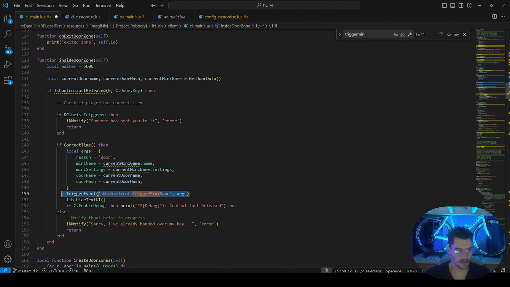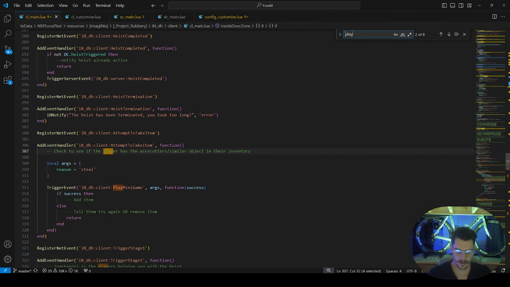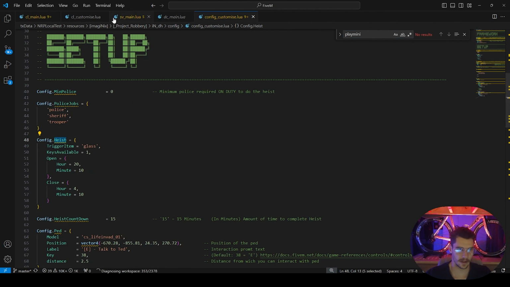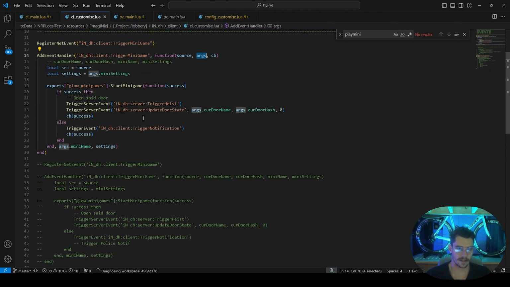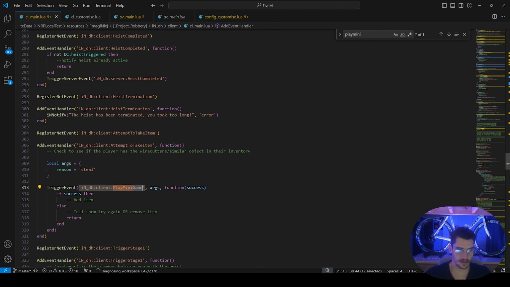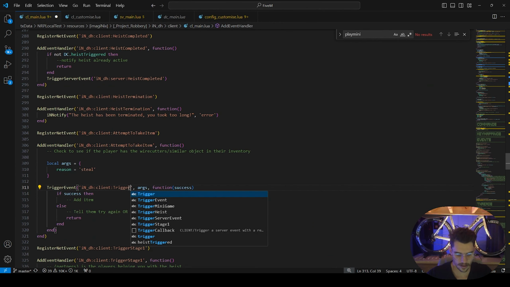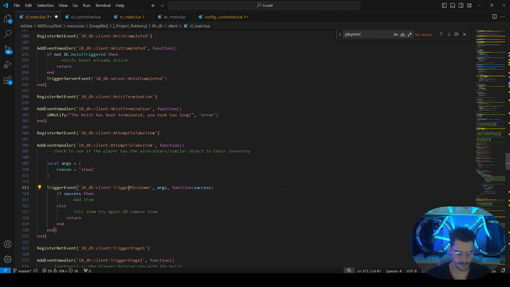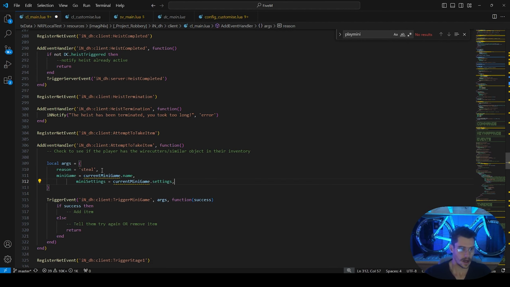So args will be sent in trigger minigame. Right, play minigame. We don't have a play minigame anymore. We only have a trigger minigame. So trigger minigame, giving the args and expecting a callback. So our reason here would be steal. The minigame